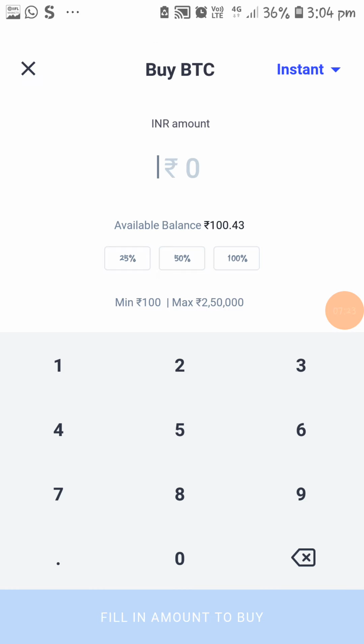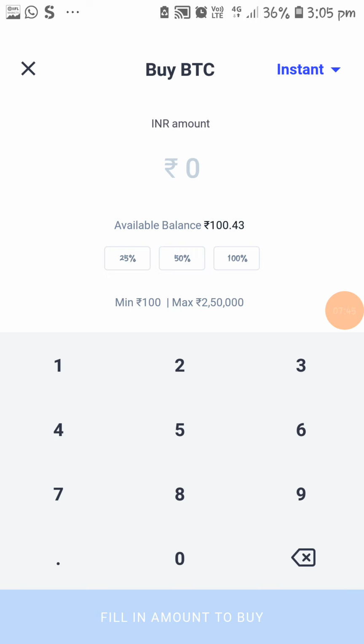Whenever I want my 100 rupees, I can directly withdraw from this app. There are no charges to deposit, withdraw, or trade. It's a very good application, since I have used it for 1 year.